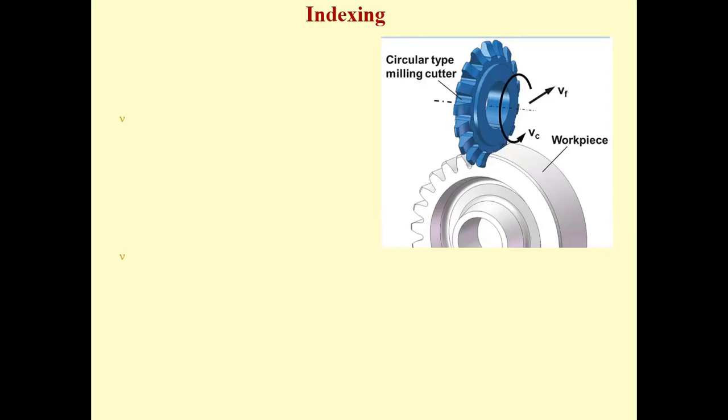Similarly, when you're machining a surface, instead of machining the entire surface, you need to divide the surface into some equal parts. So maybe you can see on your screen. We are machining a gear, right? So when you're machining a gear, what is meant by gear? A gear is a circular disc kind of machine part which has teeth on its periphery, right? That is called a gear. Each tooth is called a gear tooth. These gear teeth mesh with the teeth of another gear, and by this meshing, it transfers motion from one gear to the other gear, right?